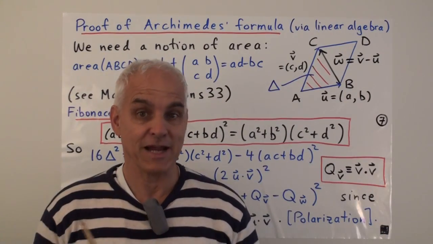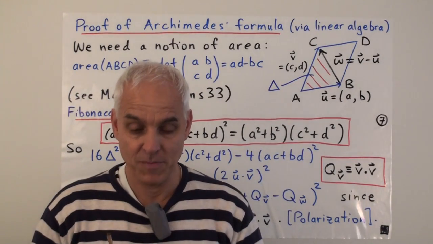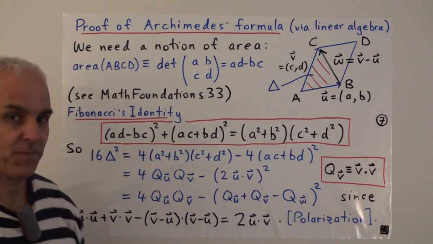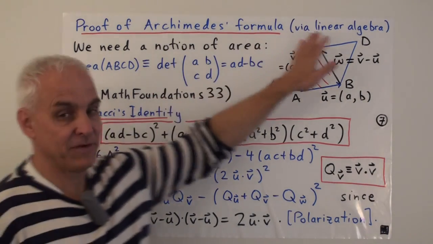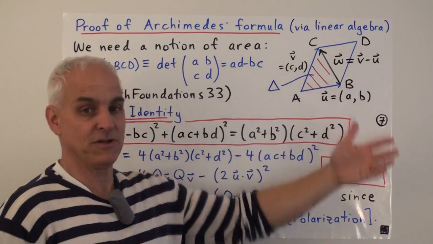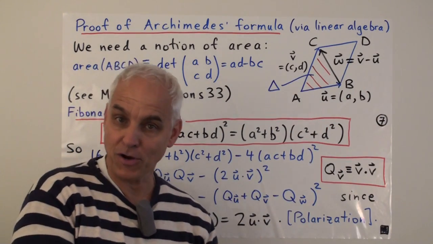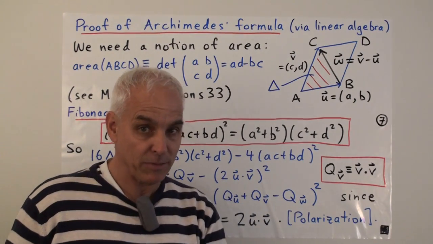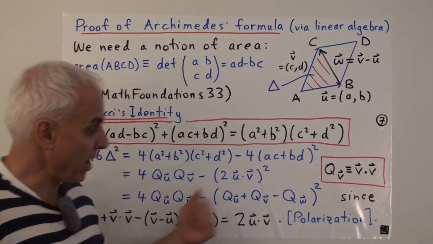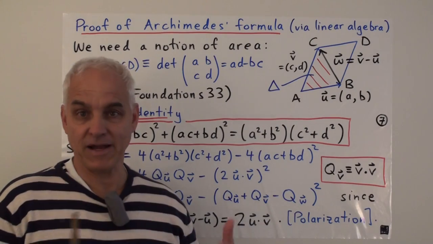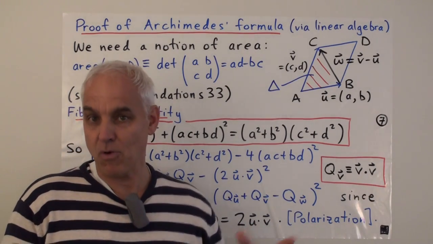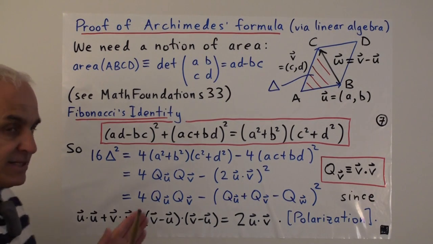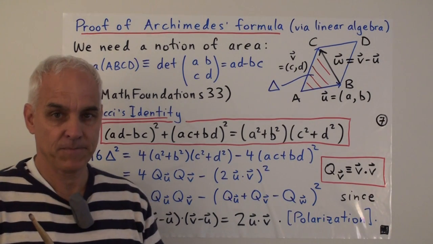Now we would, of course, like to have a proof of Archimedes' formula. So how are we going to prove this result? Well, here's a proof. And I'm going to use just a little bit of linear algebra, because most students of mathematics these days are more familiar with some elementary linear algebra than they are with elementary geometry. If you look in my Wild Trig series or my book, you can find some other proofs that are sort of more geometrical. This proof is going to rely on just some basic facts about vectors.